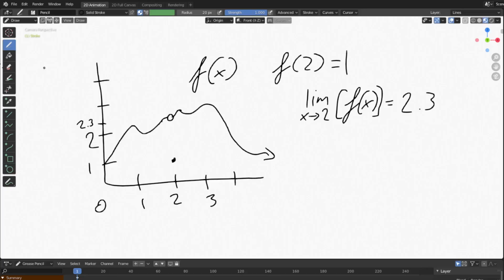This can also be done for functions that have holes in them, which is why I tried to bring up rational functions earlier. Here, the limit will still be 2.3 because both the left and right side go to that point. However, the actual